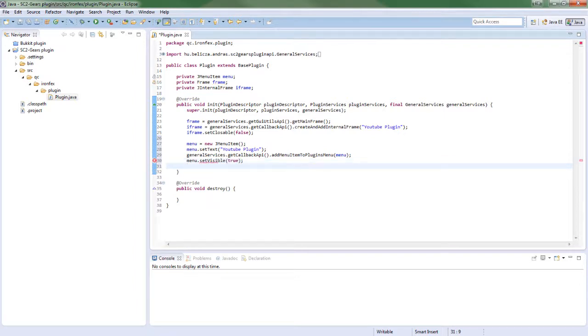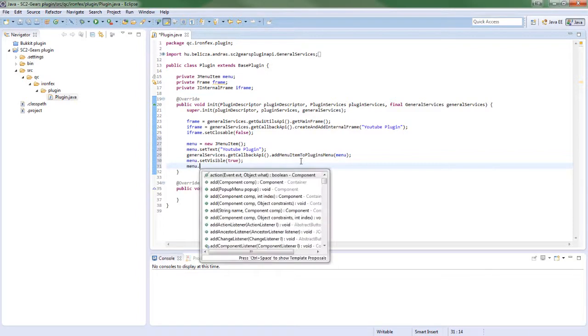Alright. Well, by default it should be visible, but we never know. Okay, so there, if we used this as is, we would have the menu in the frame and everything. But when we click on the menu, it would not do anything because it's not set to do anything. This is what we are going to do. Okay, so just go menu dot add an